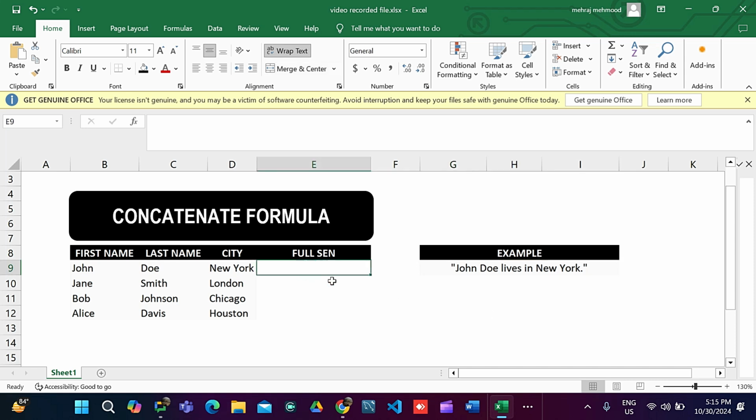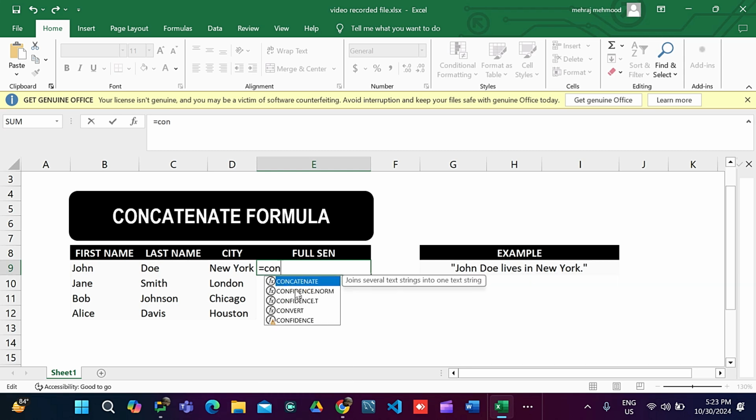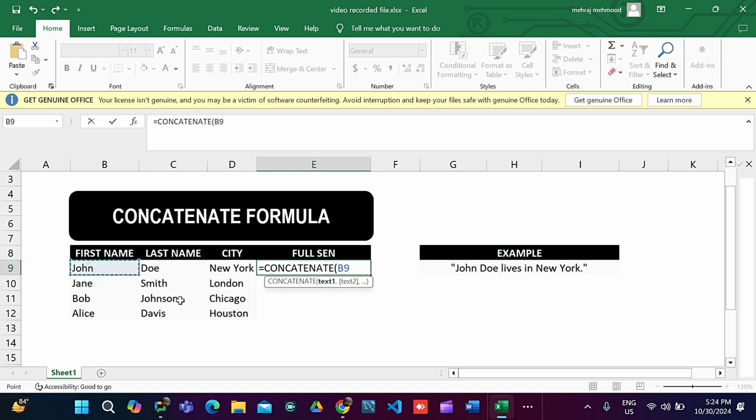Click on an empty cell and type the following formula: equals CONCATENATE, text 1 is John, comma, space, text 2 is quotation marks, space, quotation marks close, comma, text 3 is the last name, Doe, then comma, space,